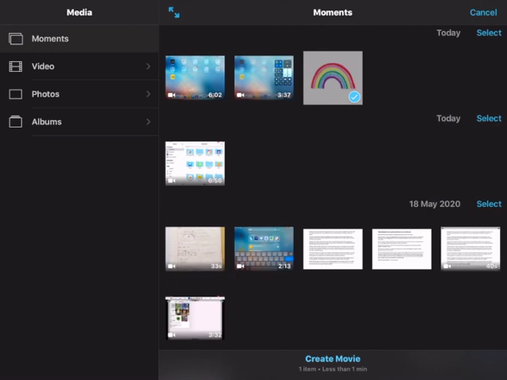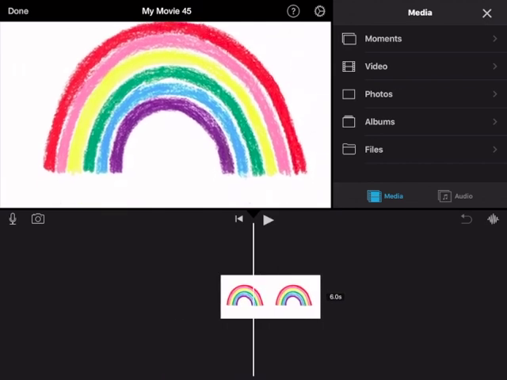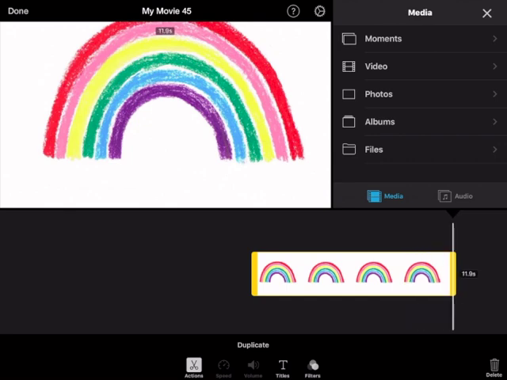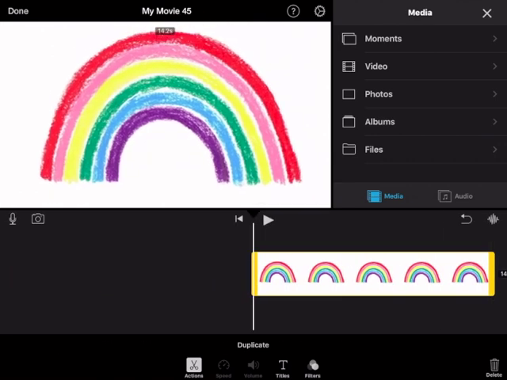So you can see in the timeline here is my photo. I tap on it and it's selected, and I'm going to disable the Ken Burns effect. So in the screen you can see it says Ken Burns enabled. Tap on it to disable it, and that stops the image moving around. So now you can see I can position the rainbow, and keeping the playhead at the beginning of my photo,